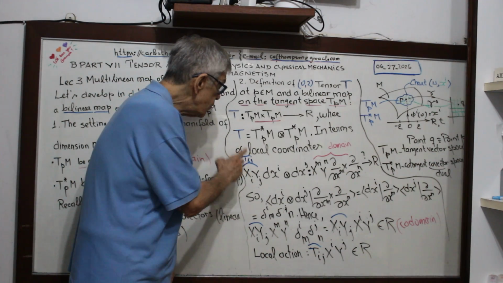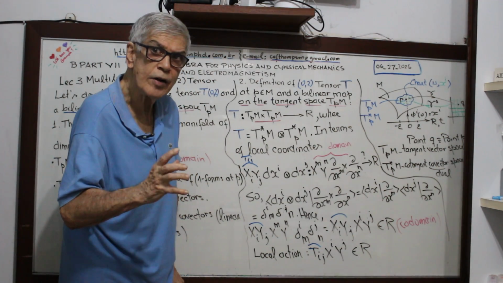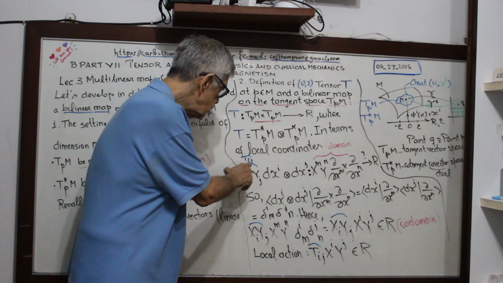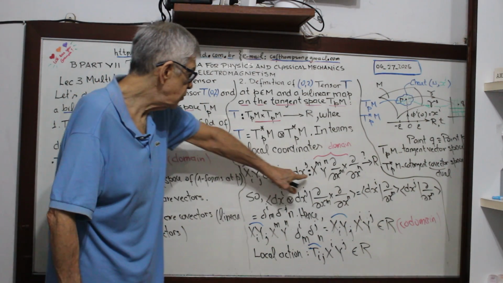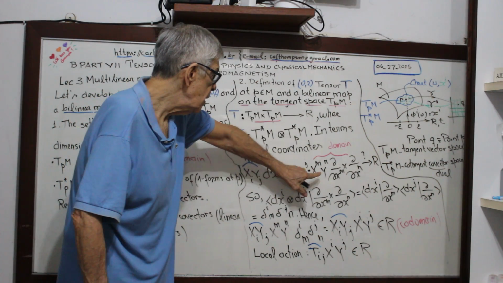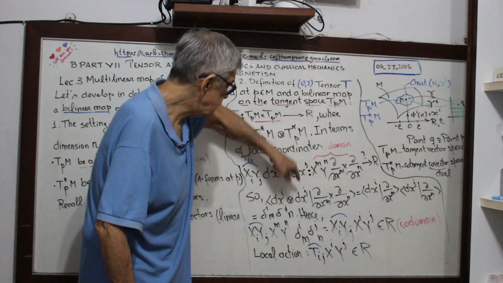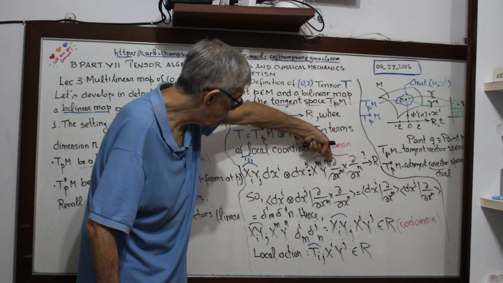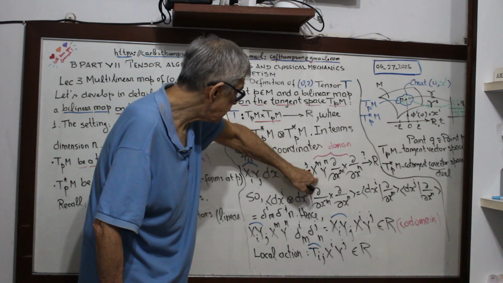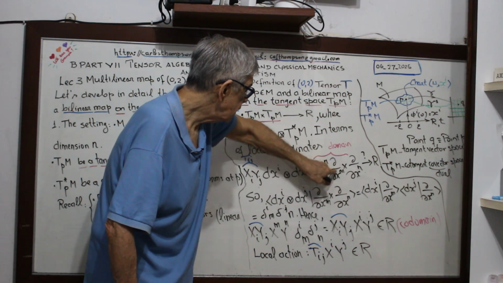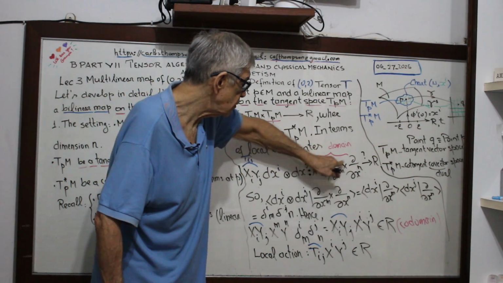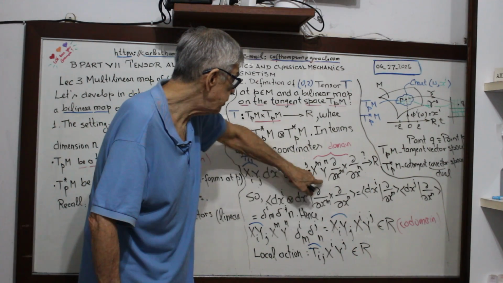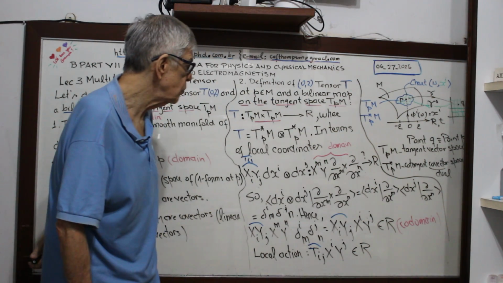Remember, Tij is covariant, because you have lower indices, ij. Now this is the bilinear map, and this is the domain. You see, this acts on the domain. So the domain is xm, yn. This is the basis of the tangent space, the tangent vector space. You map this, and this leads to R